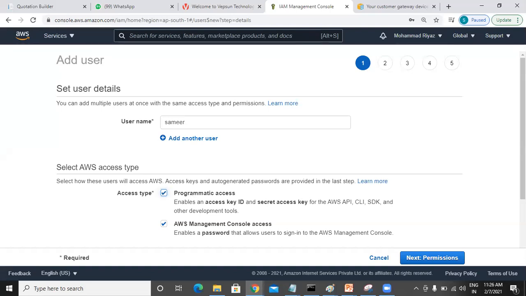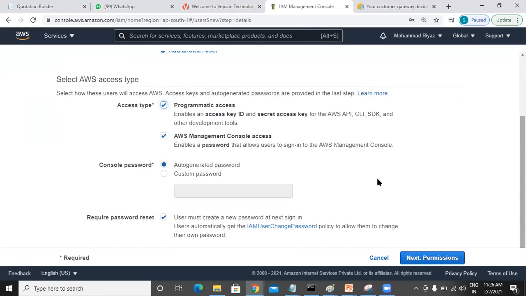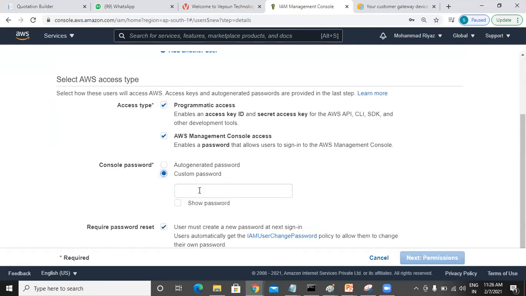Okay. Now I can scroll down, and I can define whether I want an automated password or a custom password. I can say welcome 01. I'm just giving a custom password, and it's asking, do you want to reset the password at the next login? It's up to you what you want to do. I'm not doing anything.